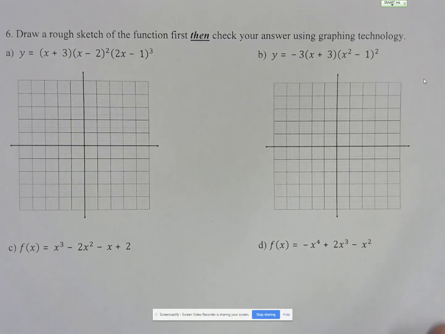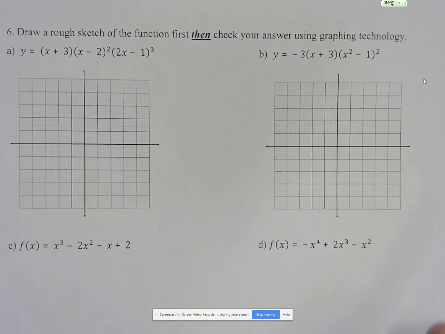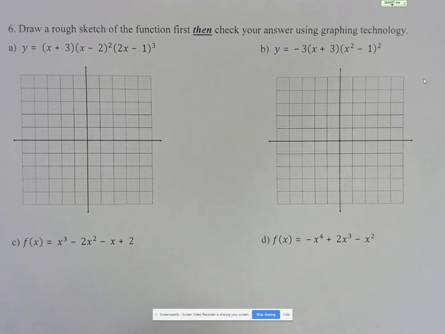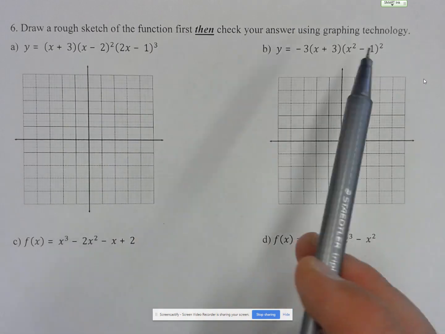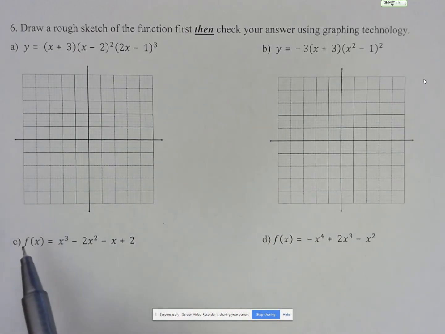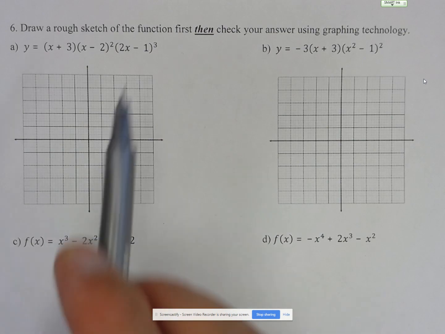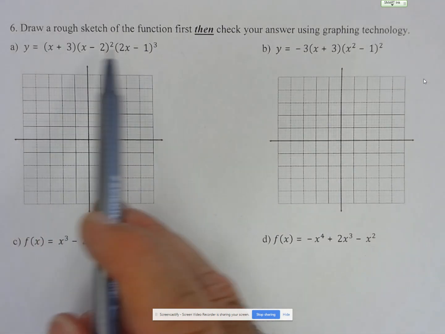Hi, folks. We're going to take a look at number 6 from the Unit 1 Lesson 4 worksheet. So I'm going to focus in on A and B, but I might reference C and D. Notice they want us to draw a rough sketch and then check it using technology. So we're going to use our knowledge now of x-intercepts because this first one is given in factored form, which